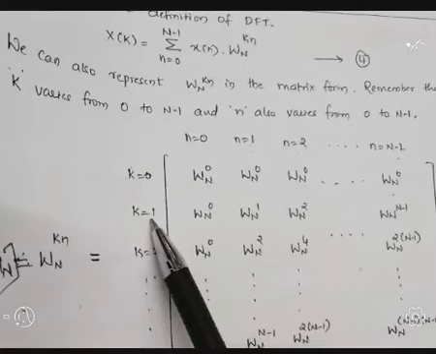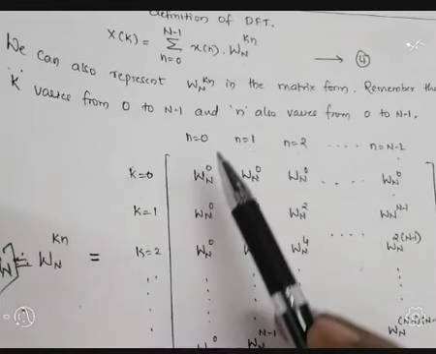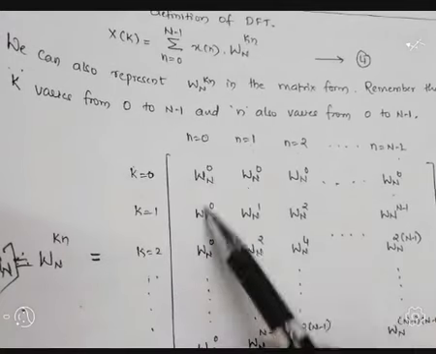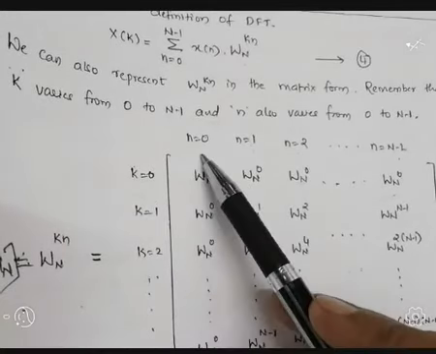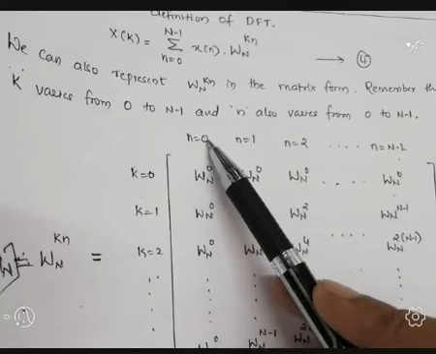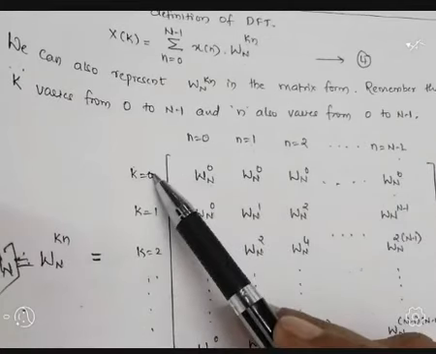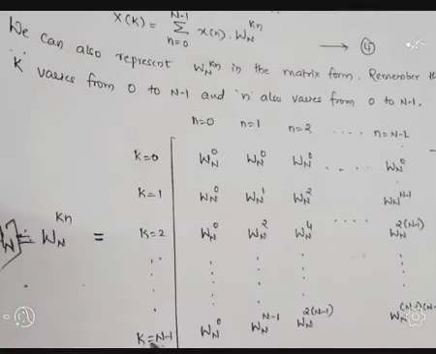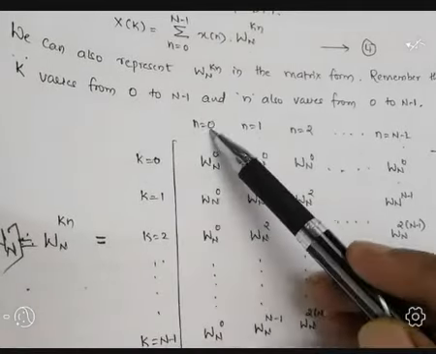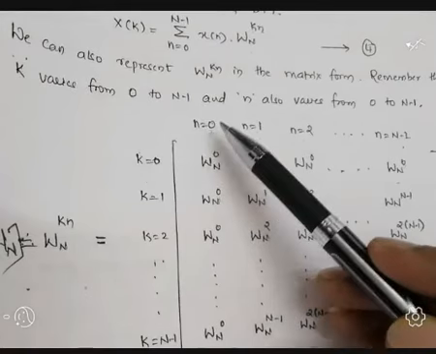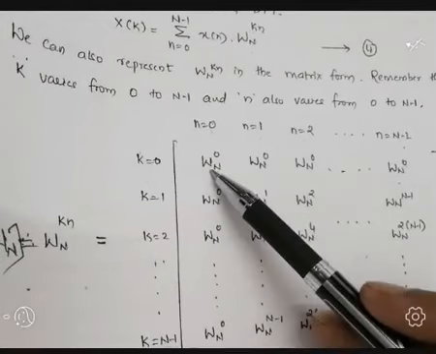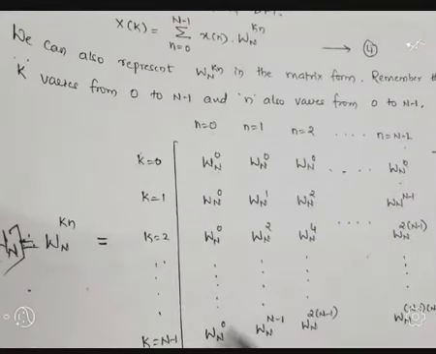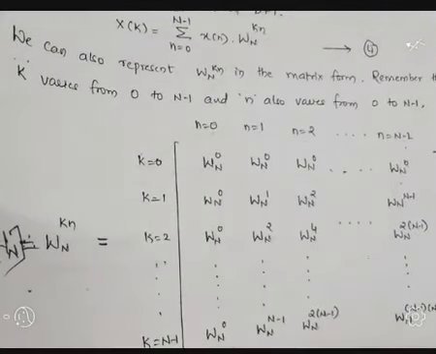Next, I will take k equal to 1, and 1 multiplied by 0 is 0. Similarly, observe the first column, because in the first column n is 0. 0 multiplied by the value of k, which may be anything, 0, 1, 2, 3, so on, whatever it may be, but it is multiplied by the n value. In the first column n is 0, and 0 multiplied by anything results in 0. So the first row power terms are 0, and the first column power terms are 0.